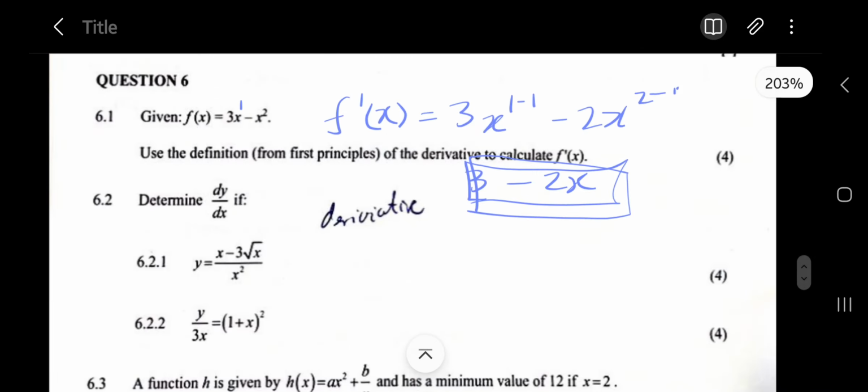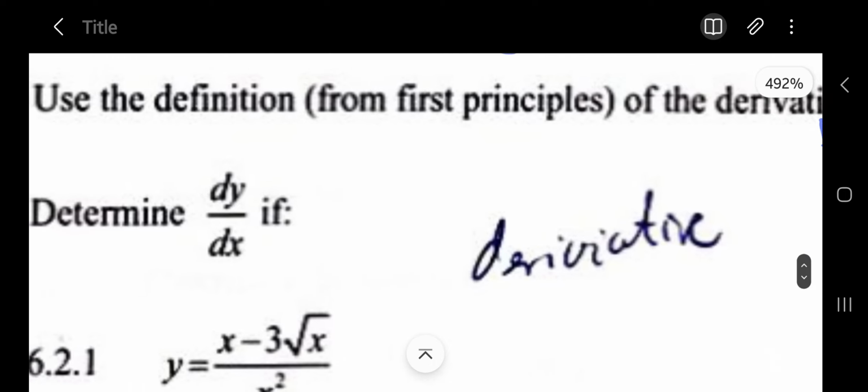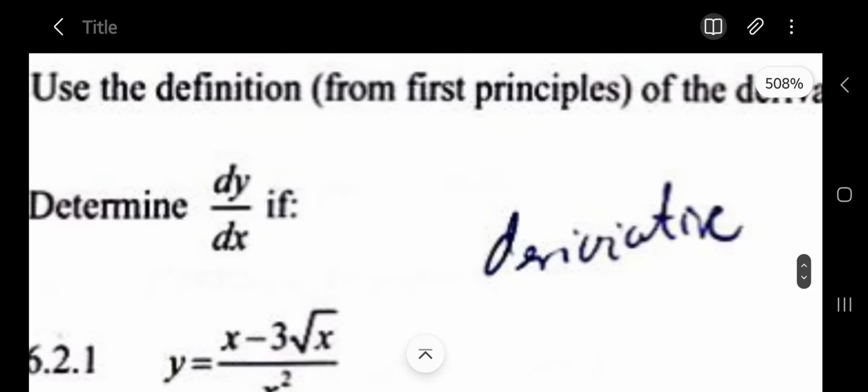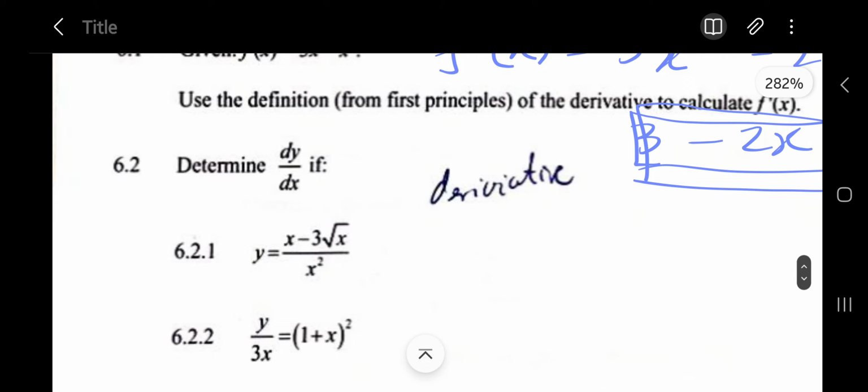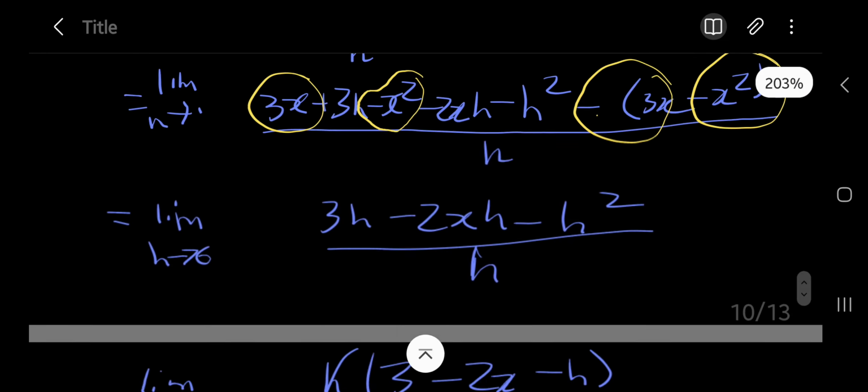Right, now let's move to 6.2. Determine dy over dx. This just means derive the expression of y in terms of x. So we need to find y alone, and then we derive it. So now they want dy over dx. Let's go. We have y is equal to x minus 3 root